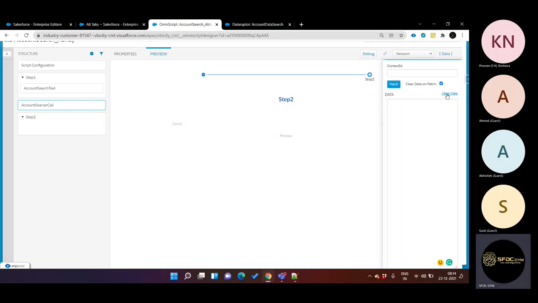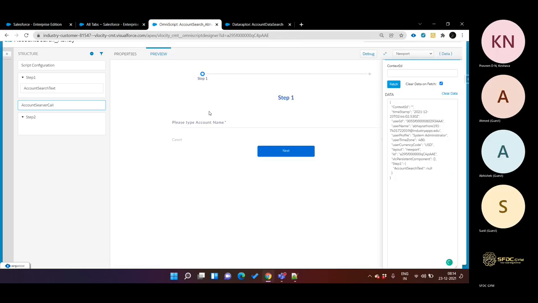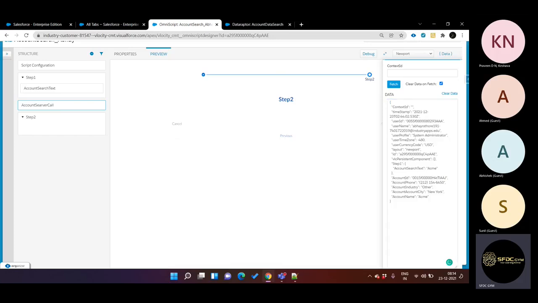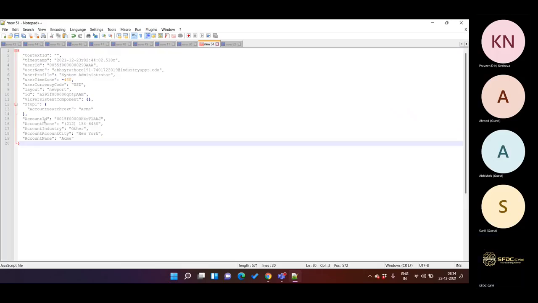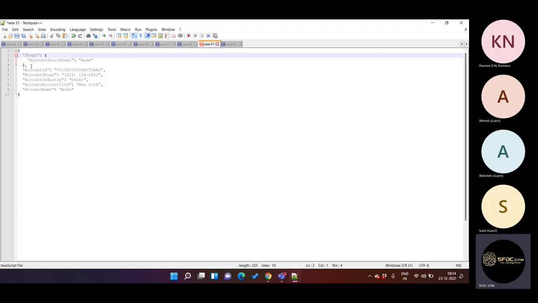Yeah, let me clear it once. Yeah, this is the correct JSON. It was actually showing the previous JSON, that's why I was confused. Okay, we can remove this part. Now just observe that this is step one, and outside this step one, all the nodes are directly shown the